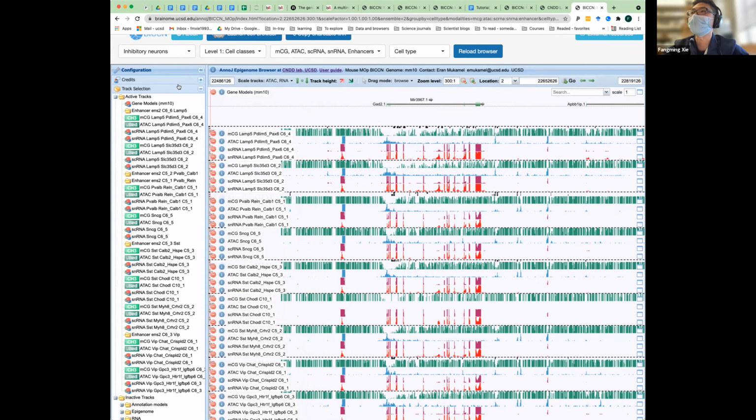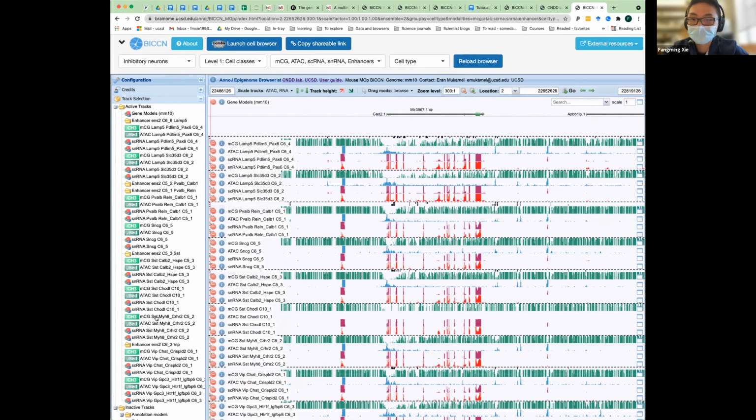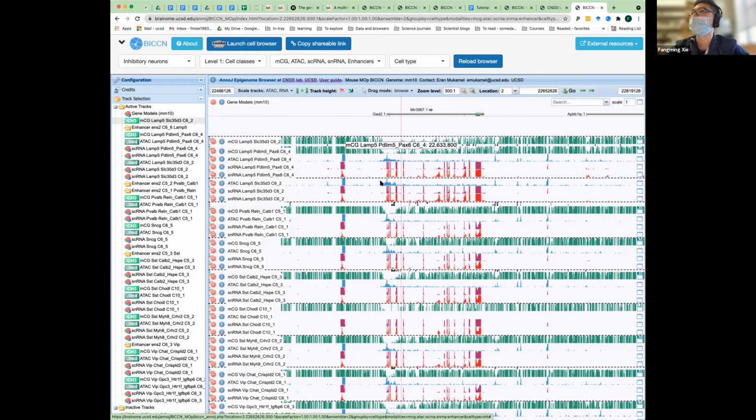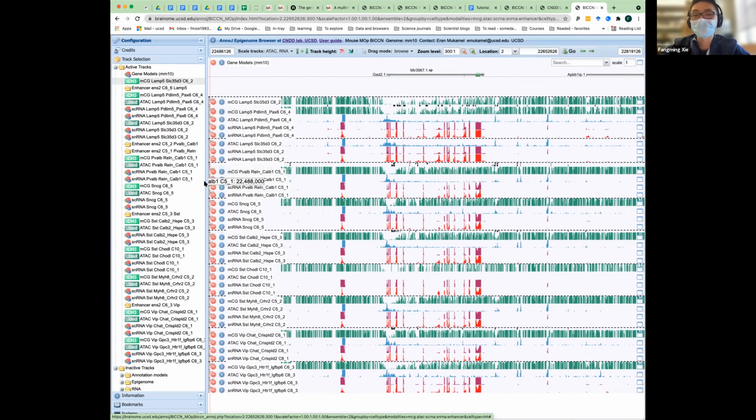Well, to do that, you can go to the left side panel, then find the tracks you want to toggle with. That's here. So going from the top to the bottom, this one corresponds to the track over here. Then you just toggle it up to the front, then it jumps to the front. So that's how you can arrange your views in different ways.